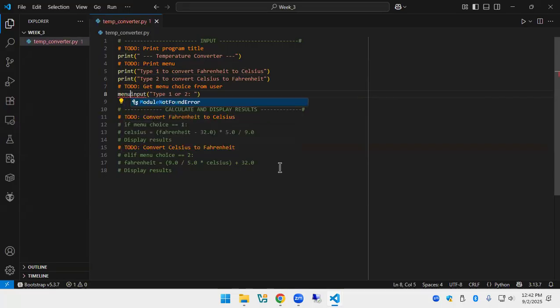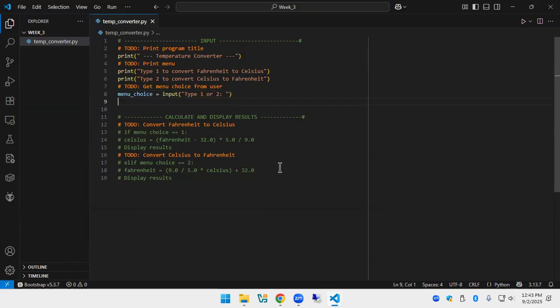I'm going to call this menu choice, because this is the menu choice. We've decided we're going to convert Fahrenheit to Celsius. Say this first time around, we're going to type 1. Okay? So we're just going to take care of one thing to begin with. And then what Ignacio said earlier is, yes, the next thing we need is